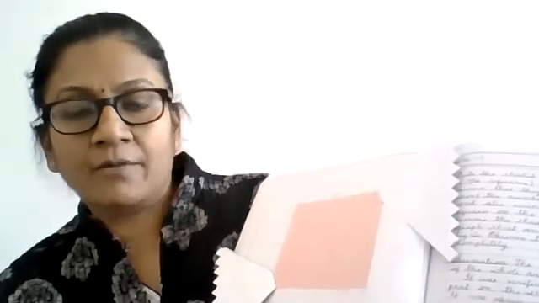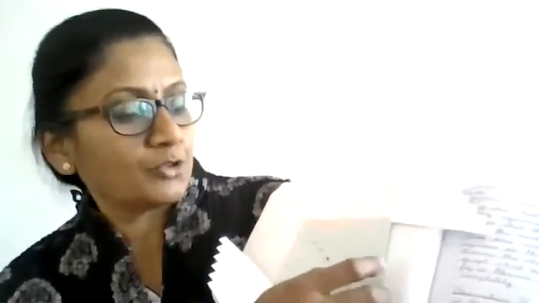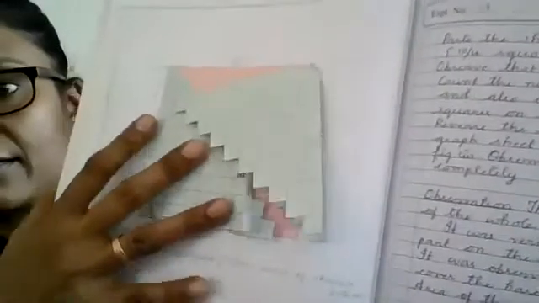Then on that, always keep the order in mind. The unshaded portion will come at the bottom first. Can you see? The unshaded portion. You will have 3 pieces of shaded portion and 3 pieces of unshaded portion. So on the red, at the bottom you will have the unshaded, on the top you will have the shaded. Then you will reverse. You will bring the shaded portion to the bottom and the unshaded portion to the top, like this. I don't know if you are able to see, because for me there is a lot of glare.